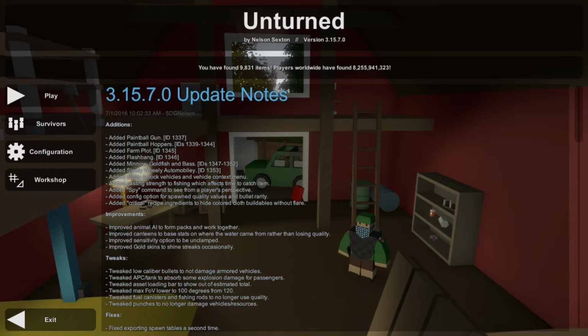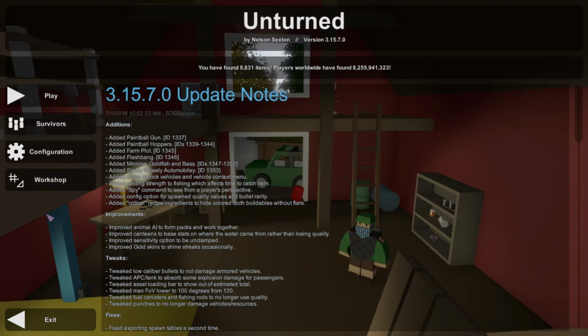Hey guys, welcome to the Build a Map with Games Too Much tutorial series, which is basically going to aim at giving you guys 5 to 10 minute tutorials explaining each tool within the editor one at a time. We're going to start from the very beginning, so if you've never used the editor, this is where you're going